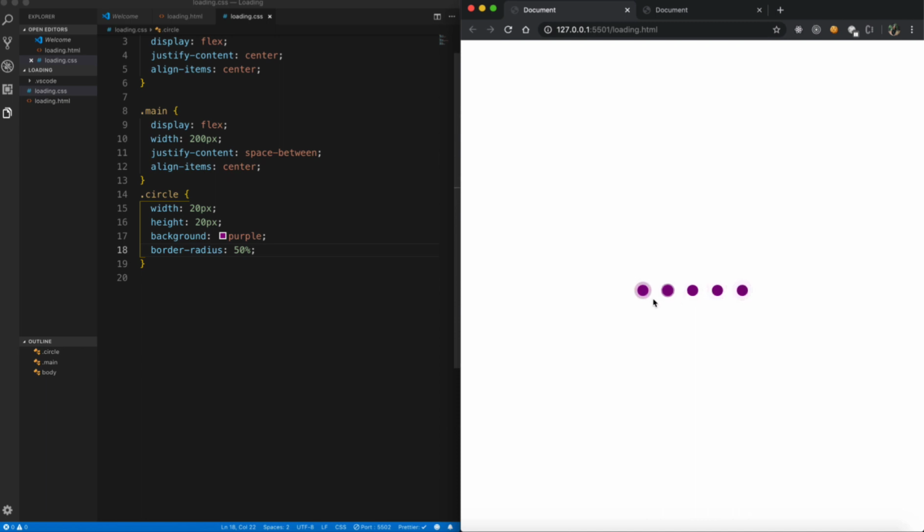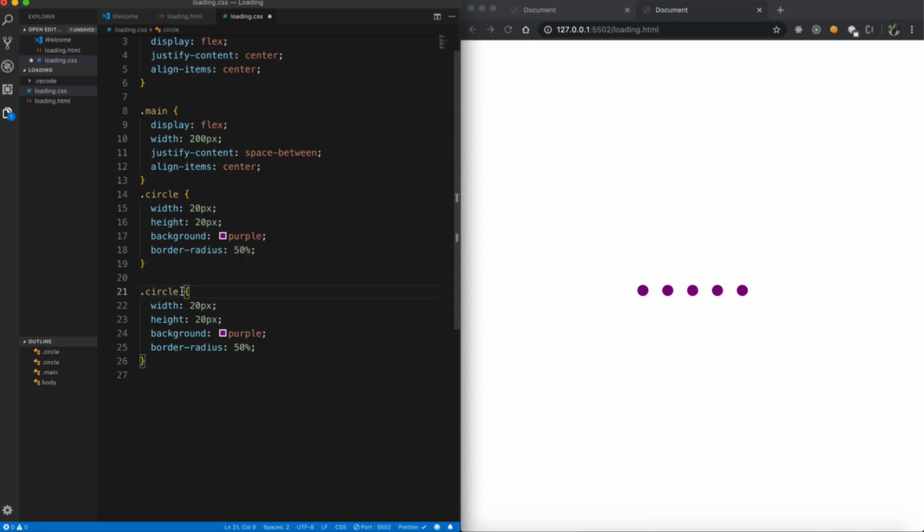The next thing we want to do is this outer circle that kind of fades away when it comes out. So this is the next thing we want to do, and we don't need to have a separate div for it. We can use the before pseudo class. I'll demonstrate how to use it. So I'm going to say circle, right? And I'm just going to add before to it.